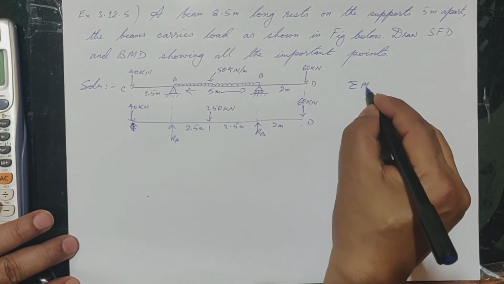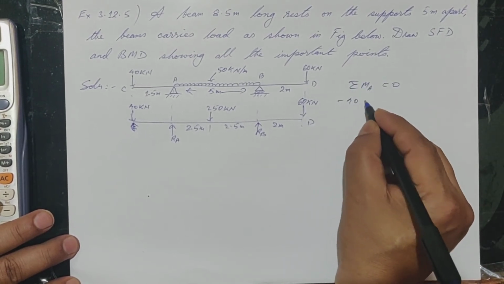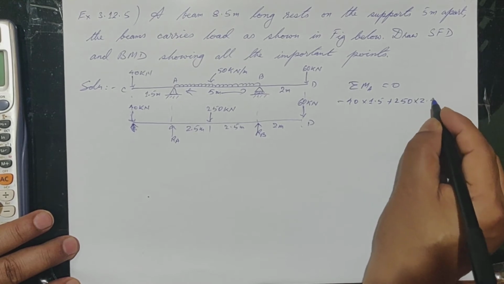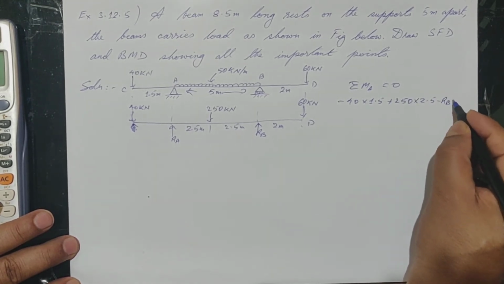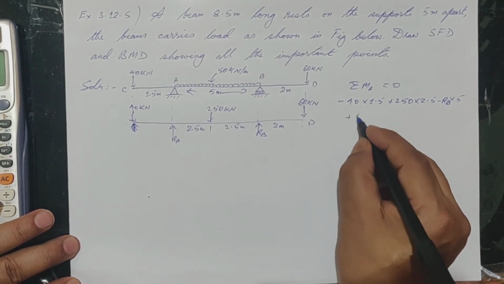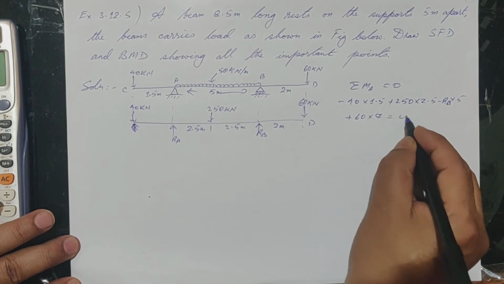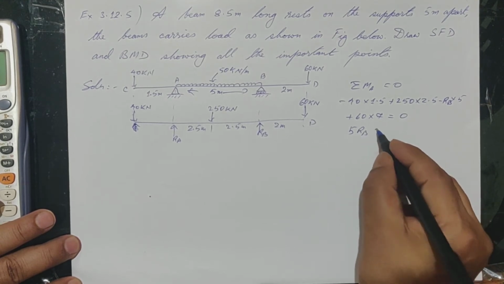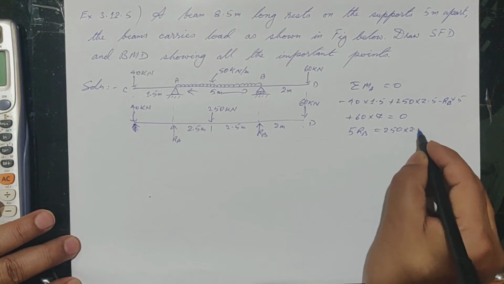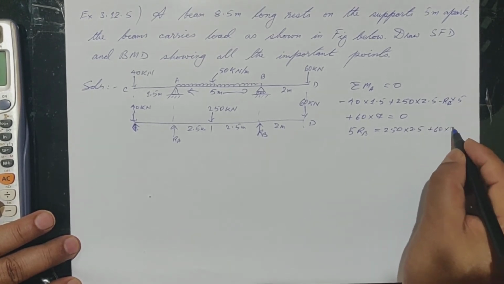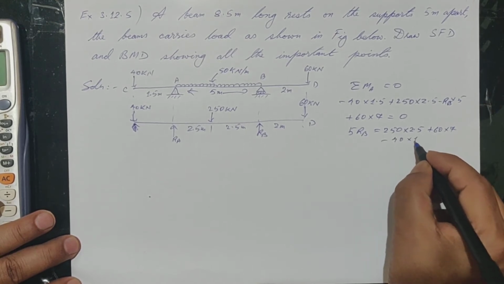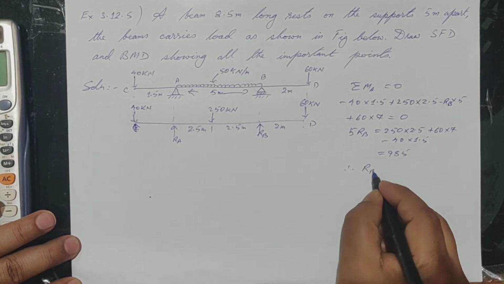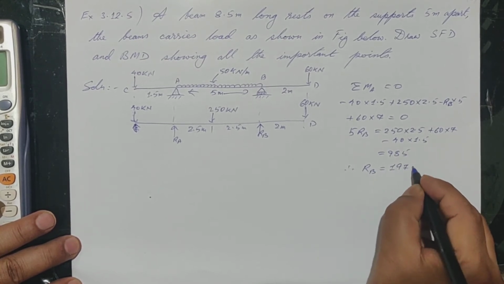Now suppose we do summation of MA is equal to 0: minus 40 multiplied by 1.5 plus 250 multiplied by 2.5 minus RB multiplied by 5 plus 60 multiplied by 7 is equal to 0. So 5 RB is equal to 250 multiplied by 2.5 plus 60 multiplied by 7 minus 40 multiplied by 1.5, which comes to 985. So RB is equal to 197 kilonewton,